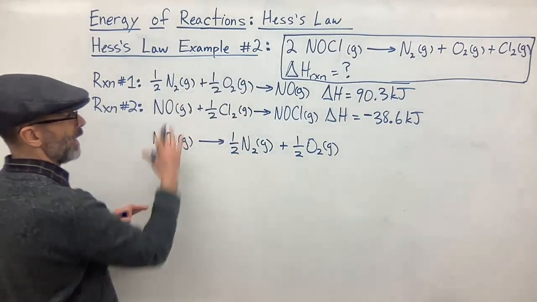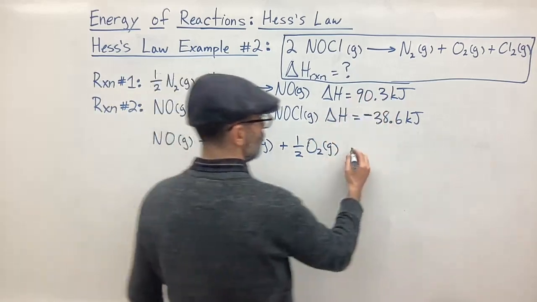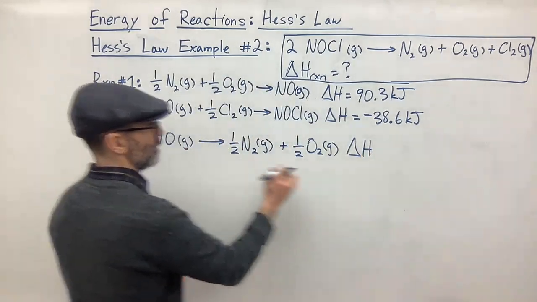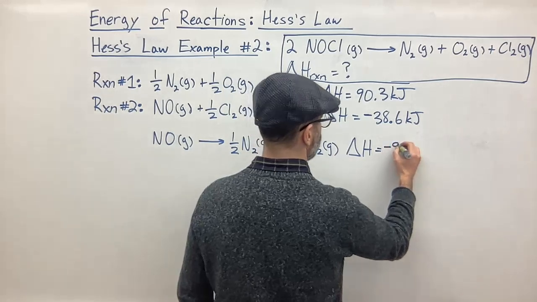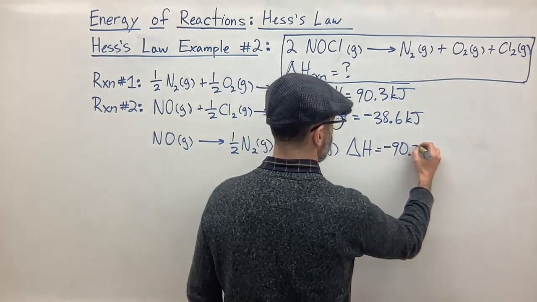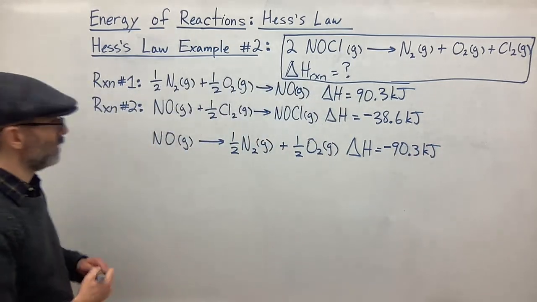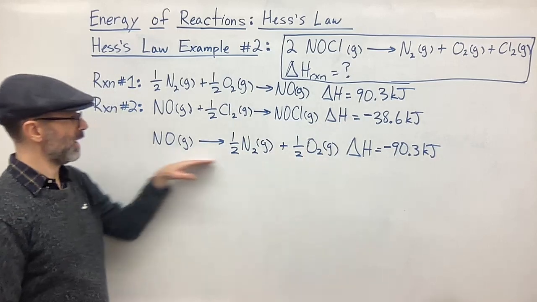So we reverse the reaction, so that means we have to take the opposite sign. So the delta H so far for our new equation is going to be the negative of this. So this is going to be a negative 90.3 kilojoules. Okay, so the next thing we need to do is multiply this equation by 2